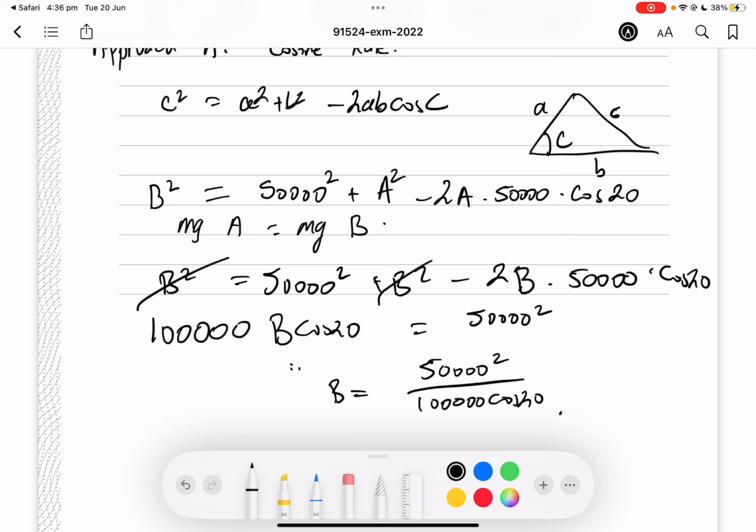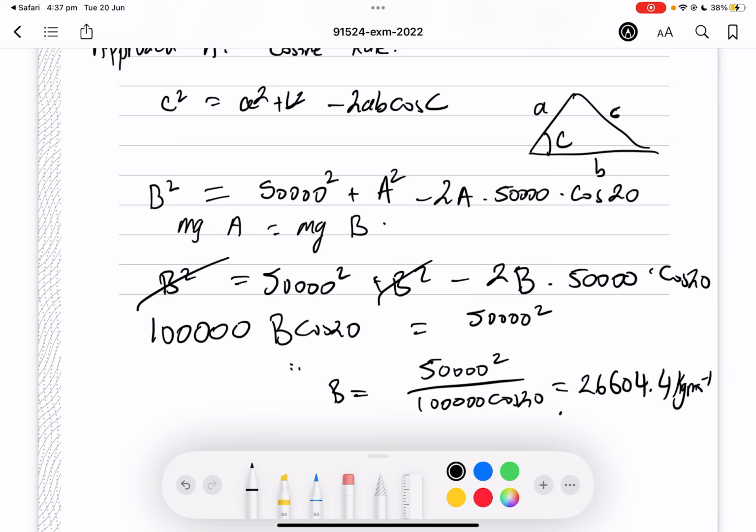Maybe a calculator would do me good here. Sorry, give me a moment. Just be careful when you're using calculators. For the mechanics standard, you will have to use your calculator in degrees mode, and you will sometimes have to use it in radians mode. So just be extra careful on what mode your calculator is on at all times. Depending on the context of the question, you might have to use degrees, or you might have to use radians. So just keep that in mind. So this is equal to 26,604.4